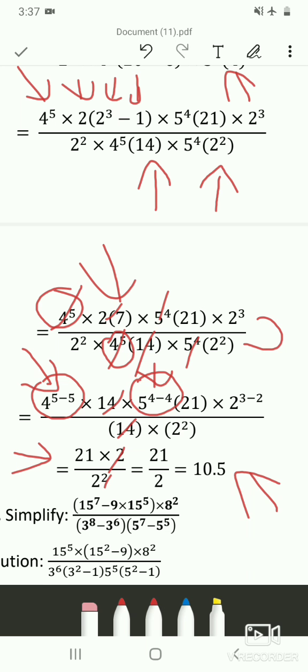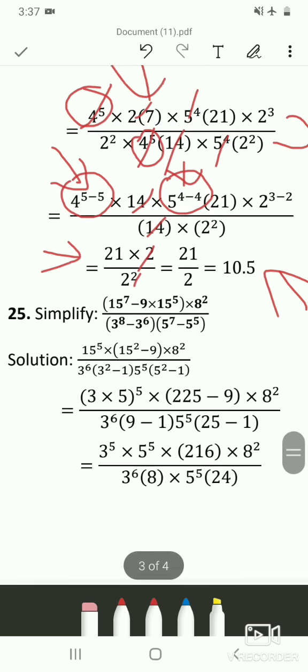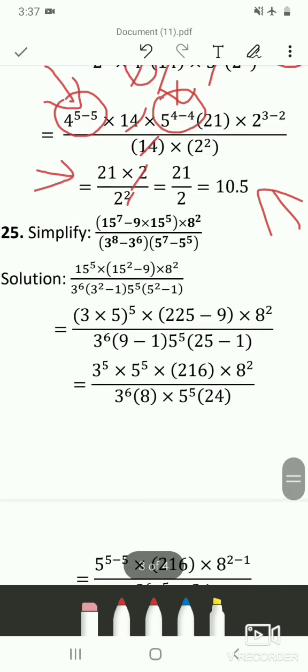So I want you guys to solve it out each and every step so that you will understand it much better. Don't just watch the videos, you have to solve these problems. So the next problem is